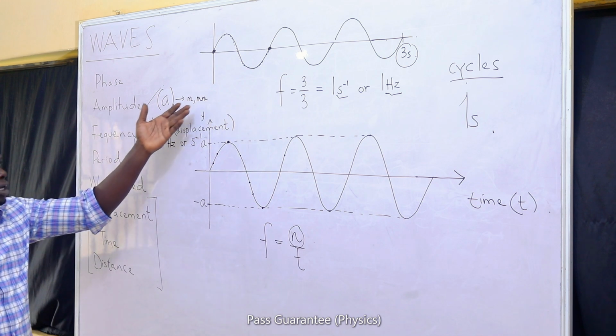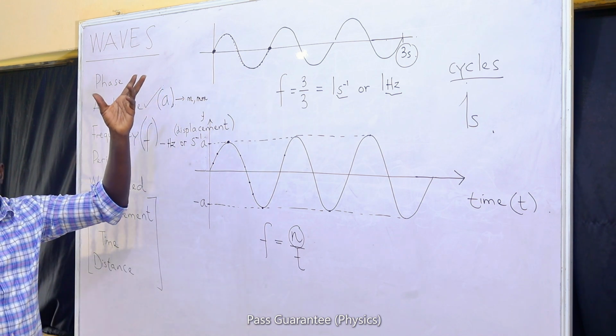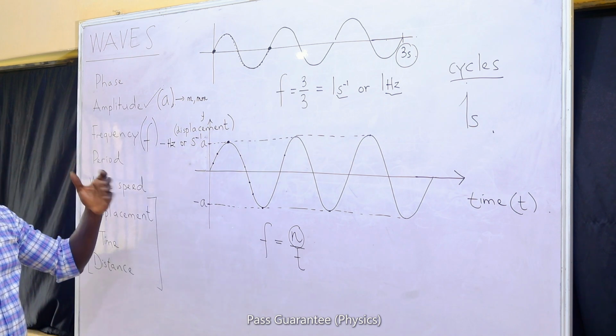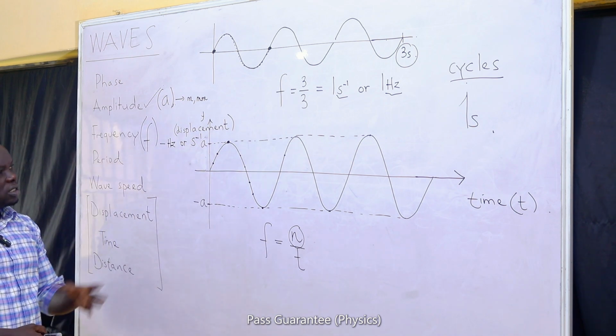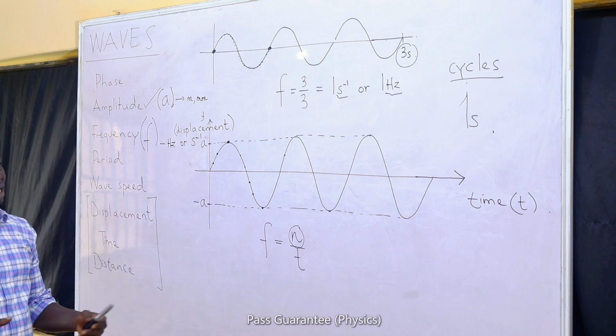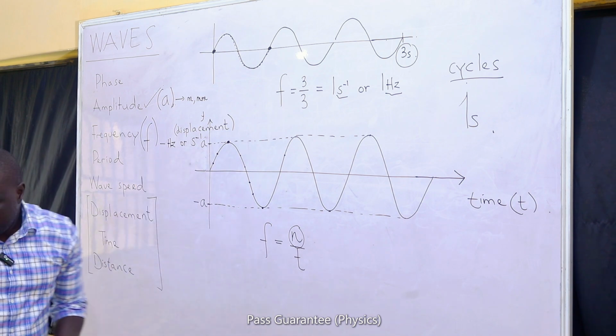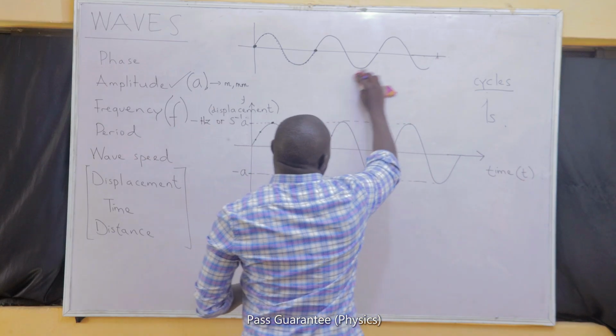So we can use millimeters, we can use centimeters, but amplitude is a length value, so it will take up the unit of length. Frequency is measured in hertz or per seconds, and we can easily see that. There are so many examples that we can be given. But I would like to say one thing or two about a cycle.